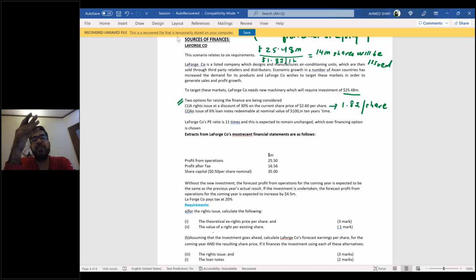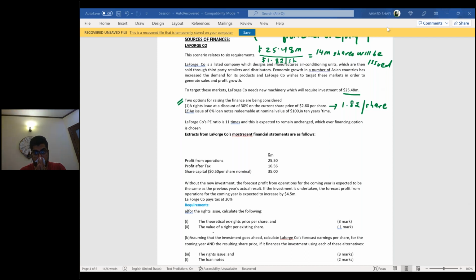If you have gone through a question of Barr company, that's in the kit as well. It's a past paper question. It's the same scenario. In that it was written that the company is planning to raise 90 million and it's issuing shares at 6 per share. So there also it said that if the company is planning to raise 90 million and it will issue shares at $6 per share, that means 15 million shares will be issued.